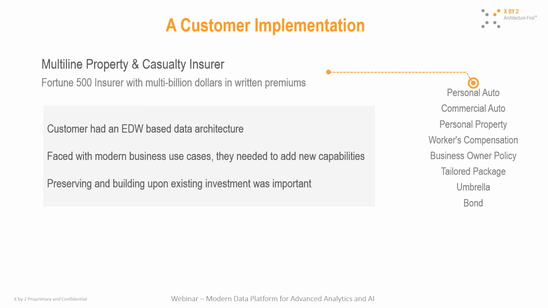The example we're going to share with you is for a multi-line property insurer. We picked up an example from the P&C space we thought would be relevant for the audience. So it's a multi-line property and casualty insurer who insures its customers on both commercial and personal properties. The problem they had was they had an EDW-based data architecture, but then they were faced with similar